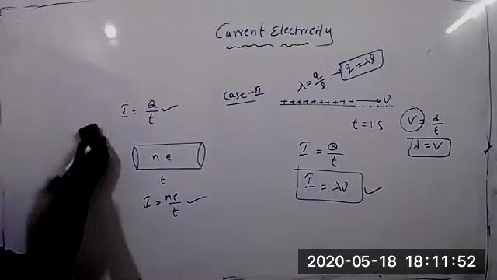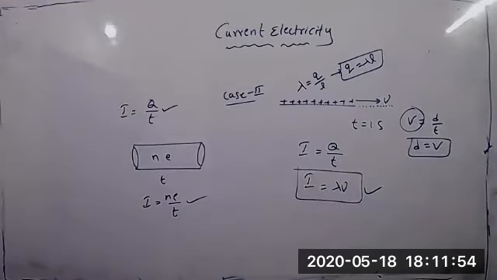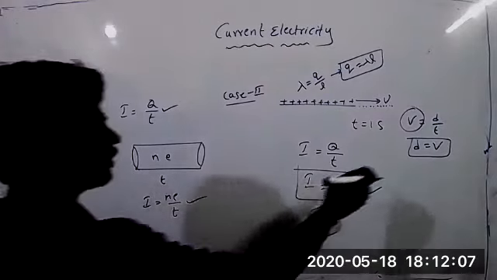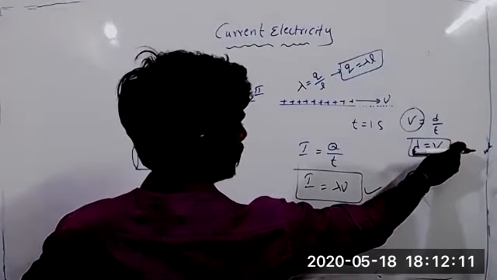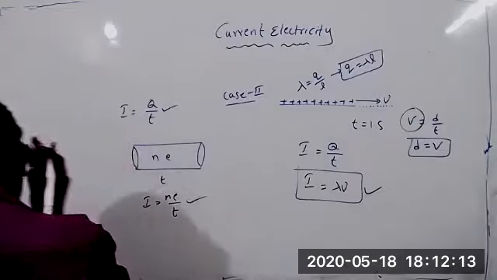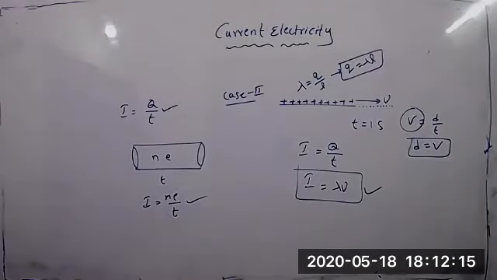So time is always 1 second, sir? Now we have taken time equal to 1 second. If they have given time as 2 seconds, 3 seconds like that, substitute that. Then what will happen? V into however much time they have given. That time also we will get lambda v only, sir. Yeah.